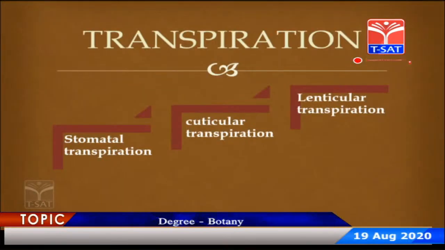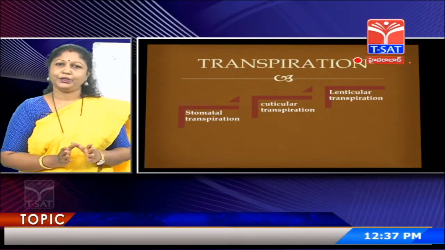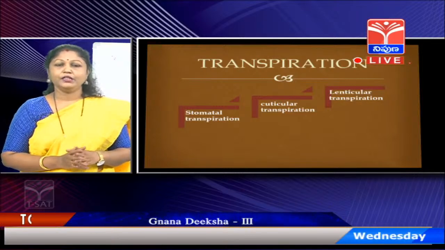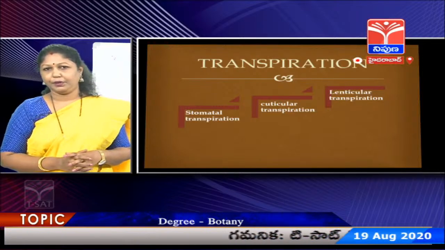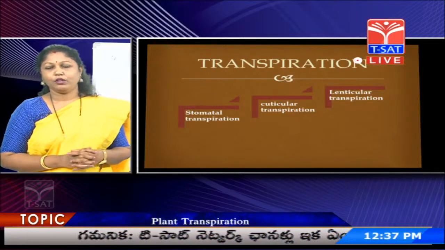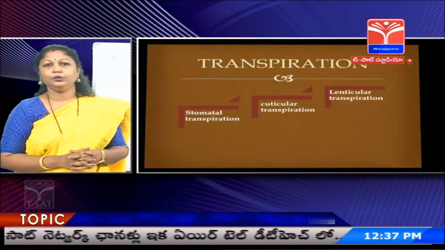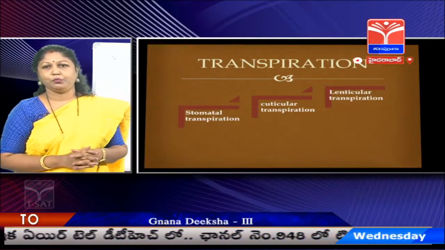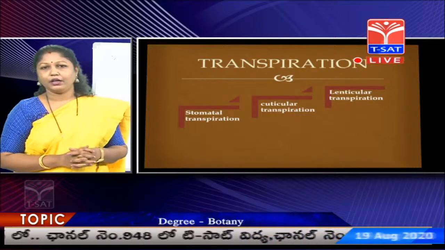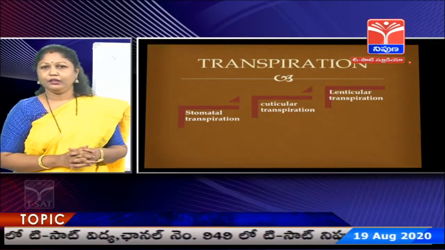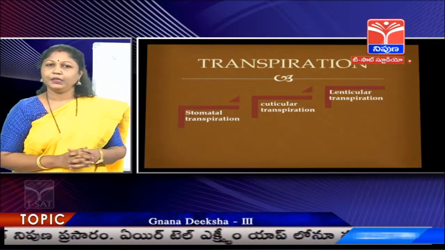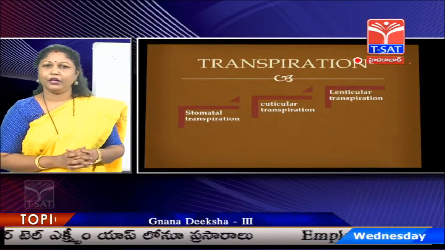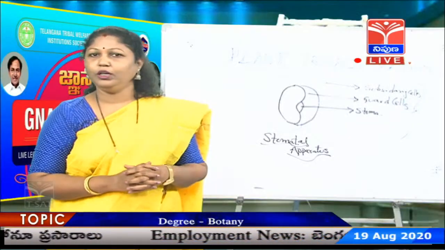Okay, now let us go further. As I told, depending upon where the transpiration is taking place, we can divide the transpiration process into three categories: stomatal transpiration, cuticular transpiration and lenticular transpiration. Not elaborating much on them, stomatal transpiration is transpiration occurring through the stomata, whereas cuticular transpiration is transpiration occurring through the cuticle. Cuticular transpiration is nearly 5 to 10% of the total transpiration. So, 90% of the transpiration occurs through the stomata, and the remaining percentage occurs through the cuticle.